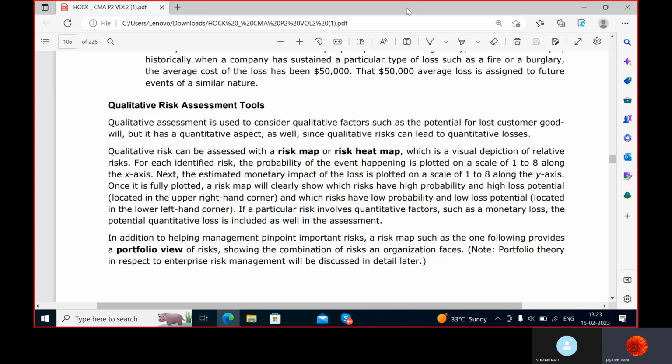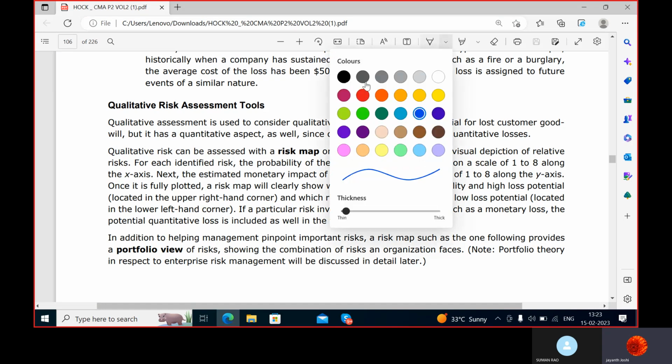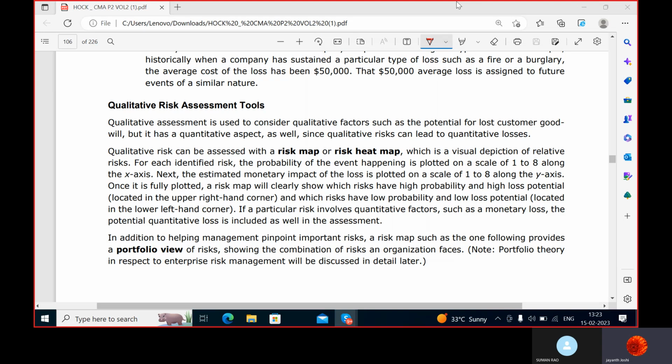So, since yesterday we were discussing quantifying risk, we are going into the next step today: qualitative risk assessment tools. See, in this world, what you can quantify is what can be measured in terms of some units. But when it comes to qualitative factors, it is very tough to measure quality in terms of numbers.